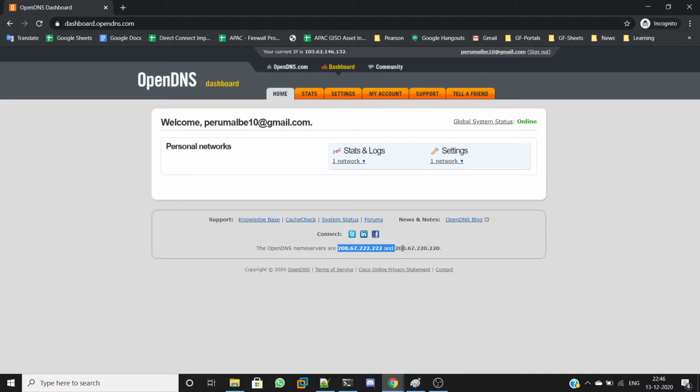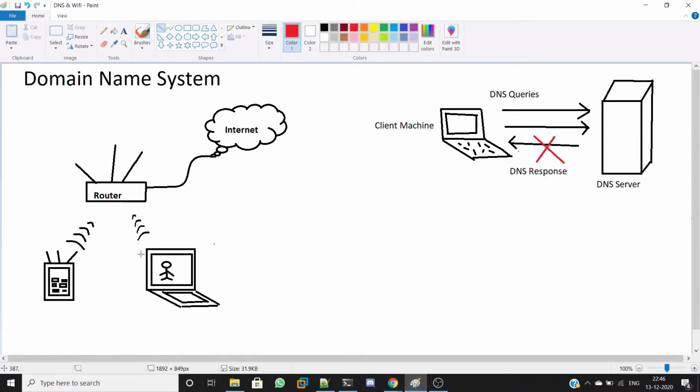If you configure these DNS IPs in your home router, when a particular user queries some DNS, your router will forward the DNS query to that particular DNS server, I mean OpenDNS. So you will be able to monitor all those DNS queries.